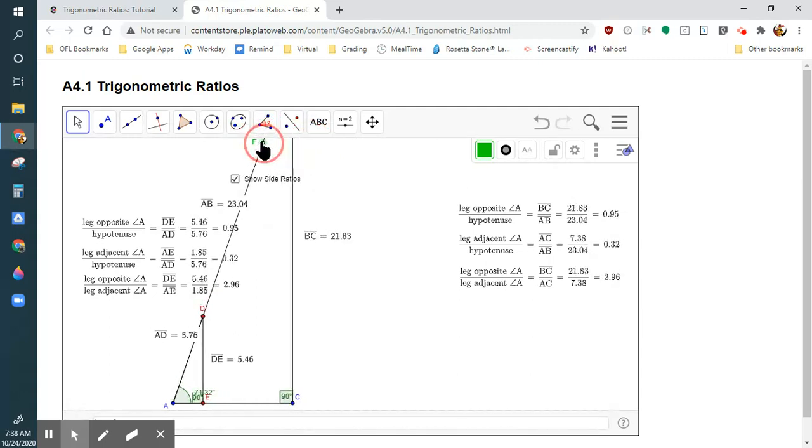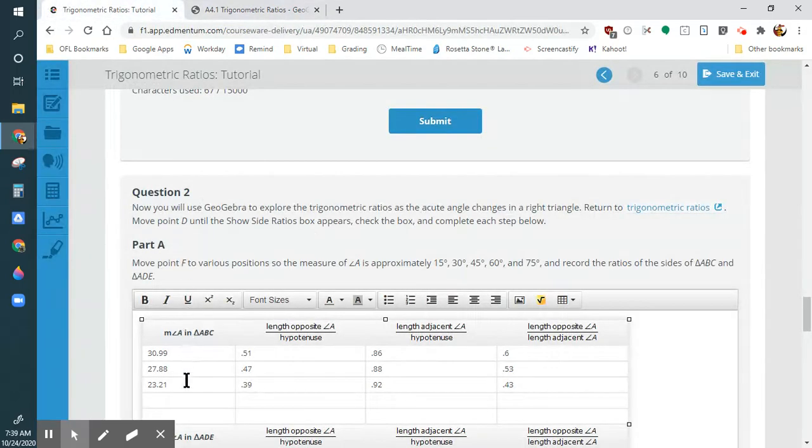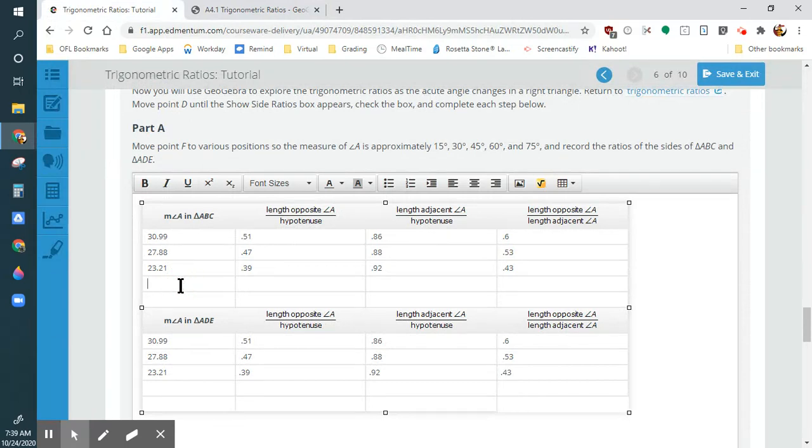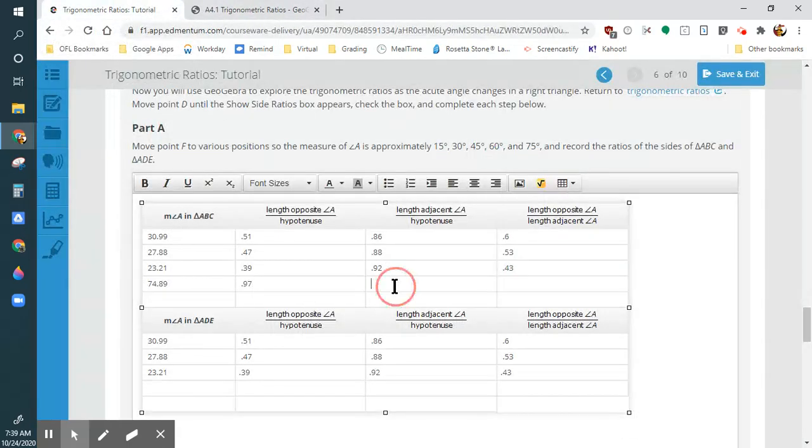Like I said, find your own preference. Do your own angles. As you saw, I did this wrong already. So I'm going to say 49.89 or 74.89. 74.89. First one is going to be 0.97. Next one is going to be 0.23 or 26. I don't know why I said 23. And the last one is